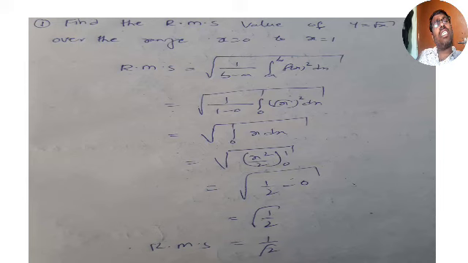The function is given, y is equal to square root of x, so f of x is square root of x. Looking at the problem, you have to note down what is given. F of x is equal to square root of x. And what else is given? x equal to 0 to x is equal to 1. So limits are a is equal to 0, b is equal to 1. Very easy, just like mean value. Here also the function is given and limits are given. Substitute them, integrate them, then you will get the answer. That's it.